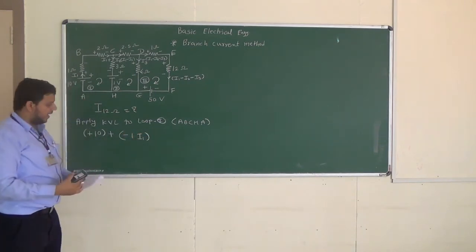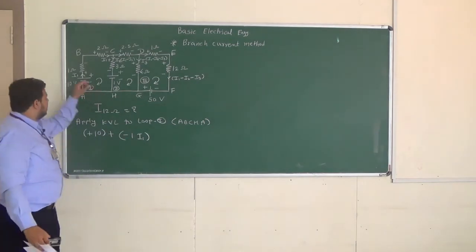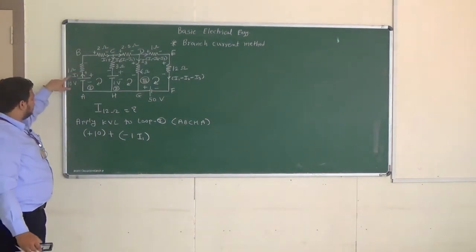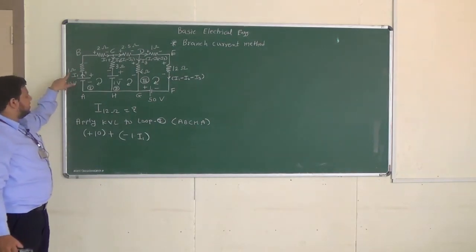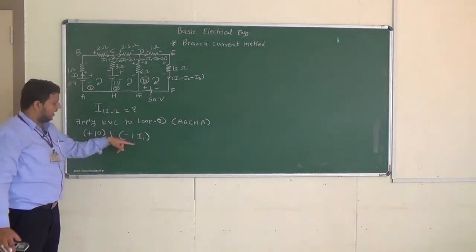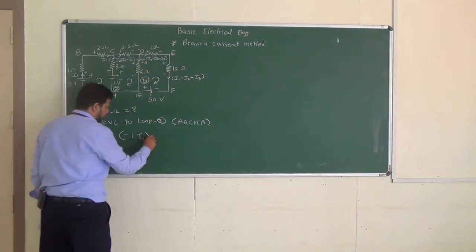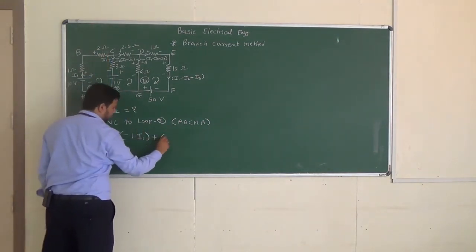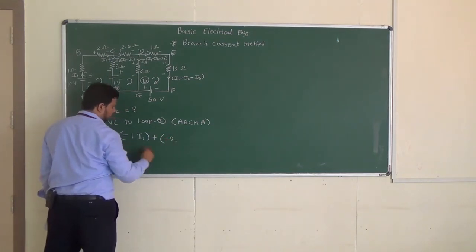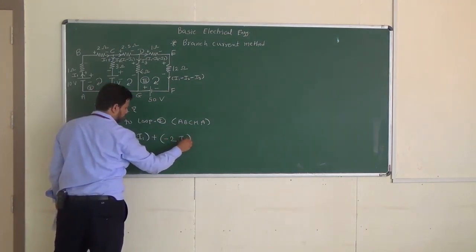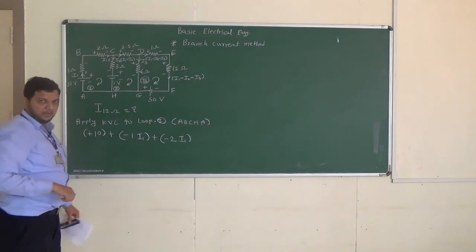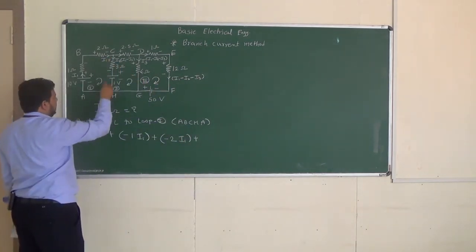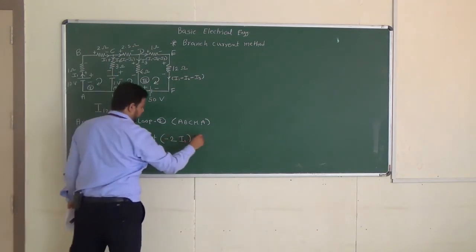Now why we have multiplied 1 into I1? Because voltage across this resistance by Ohm's law it will be I into R. So value of current is I1, whereas resistance is 1. So it will be 1 into I1 plus, then plus to minus, again there is fall in voltage, so minus 2 into I1, current is I1, plus, then this path C to H, so plus to minus, meaning there is fall in